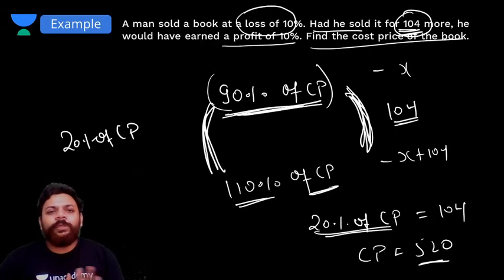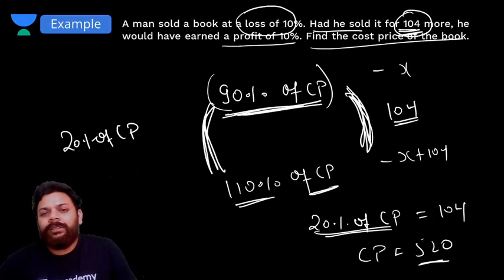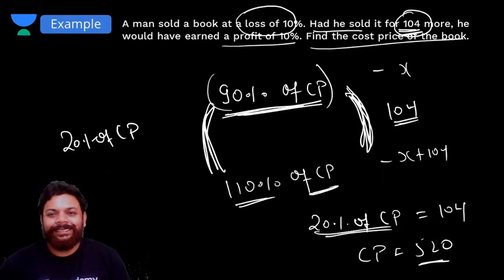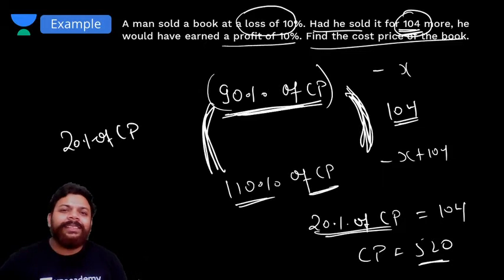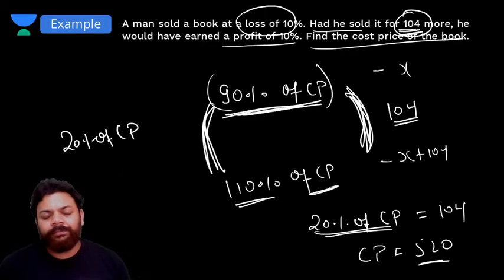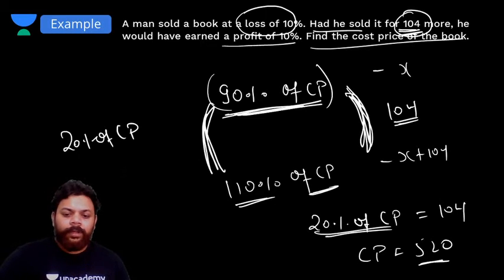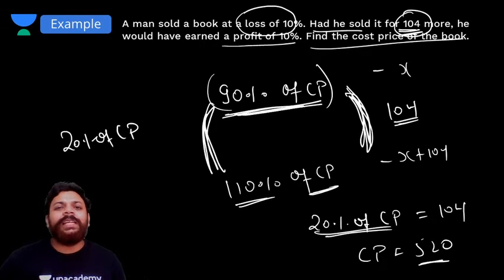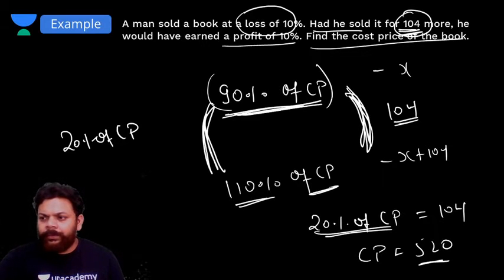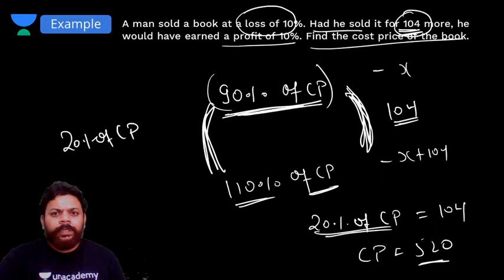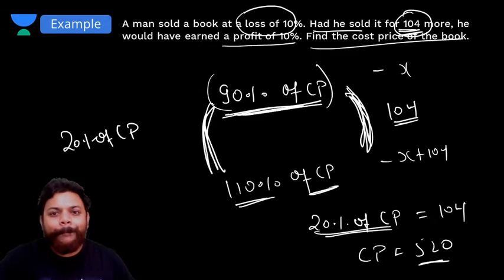So that is how you can approach these kinds of questions. The chances of such questions coming in CAT are very low, but still it can come. But definitely other MBA entrances have quite a lot of such questions. So definitely these kinds of questions will save your time. Let's see another question. Next question, friends. Okay, next one.